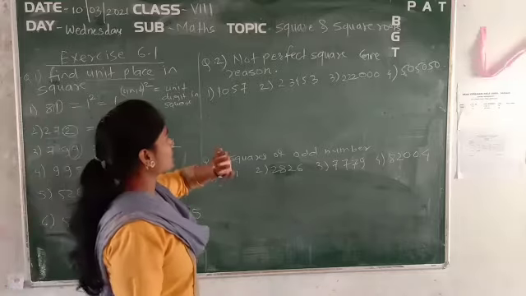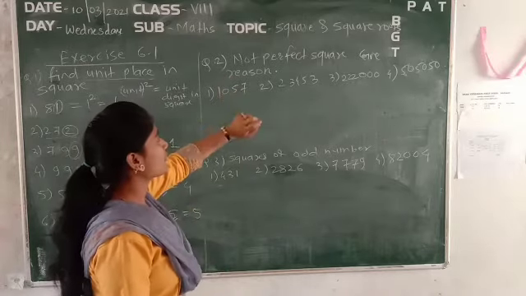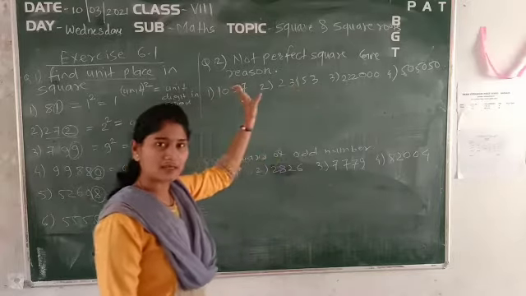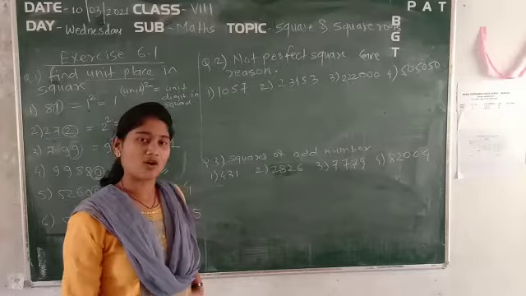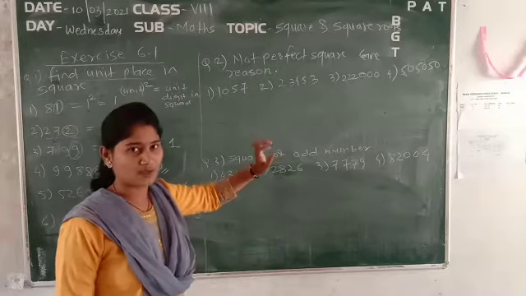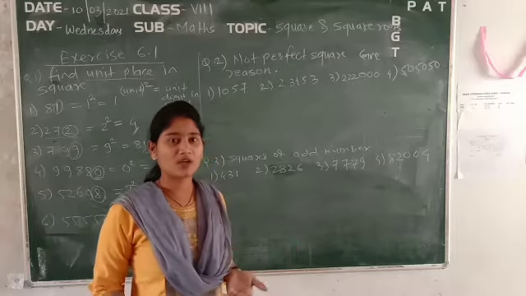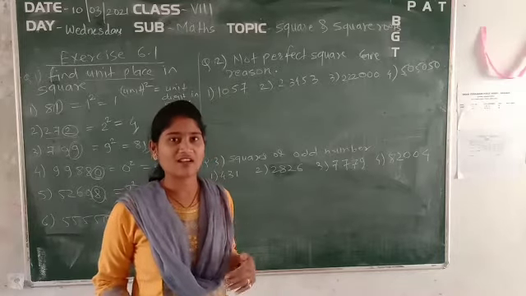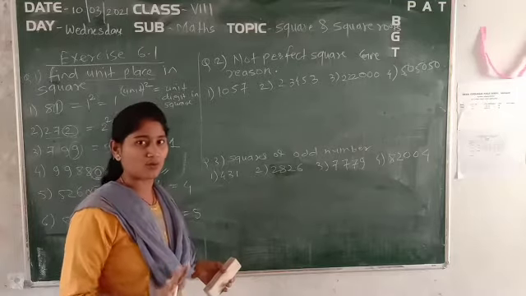Now what is the second question they are asking you? In the second question, the numbers that they have given to you are not perfect squares. They are already telling you these are not perfect squares. But what they are asking now is to give the reasons why they are not perfect squares. So give us a reason. You have to give the reason by using the properties that I have already told you.